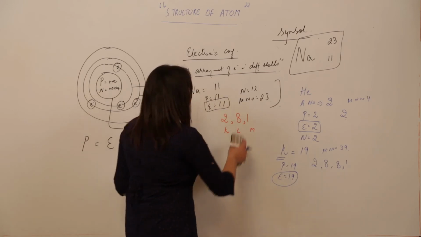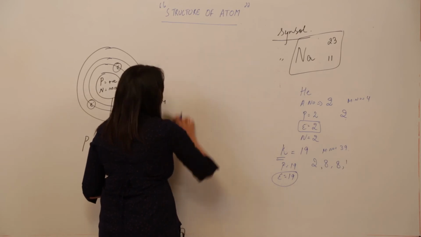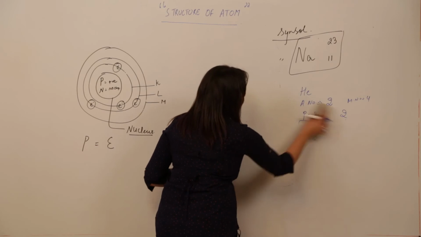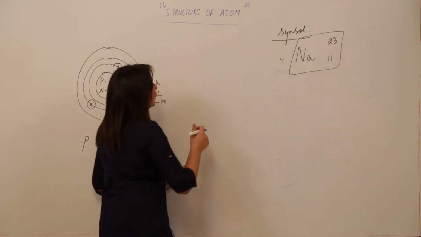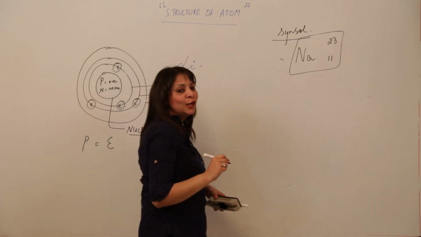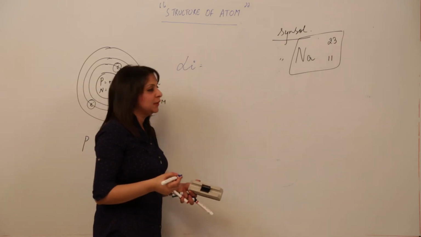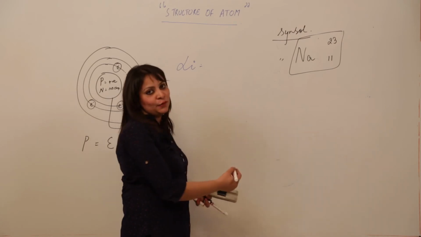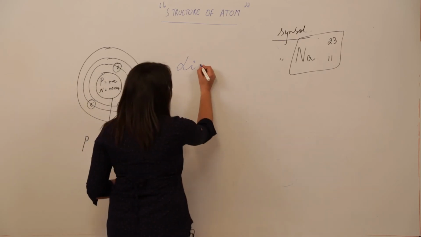Now if we wish to make the atomic model, like if somebody says, according to Bohr, I may say that if you want to make an atomic model for a certain element, how are you going to do that? See, we are taking an example of lithium. I am taking different examples so that you should be familiar with the atomic numbers, because if I take the same example, you will be restricted only to the same one. So try to remember these atomic numbers. These are very important. I am repeating again.